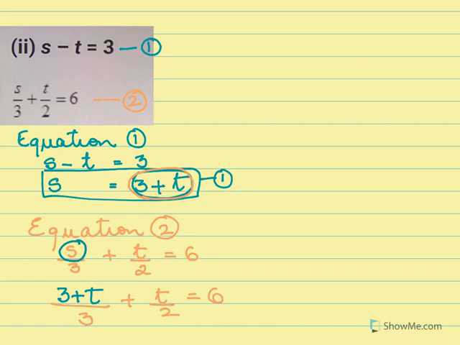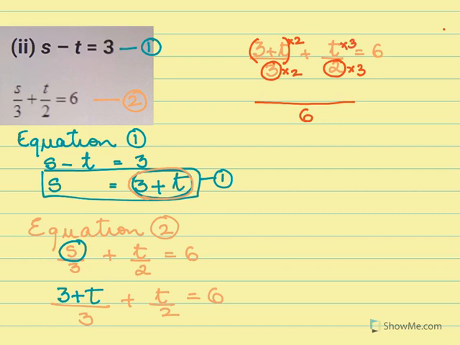Now if you look up here, I must take the LCM. Now to take the LCM, I know there is 3 here and there is 2 here. So my LCM will be 6. 3 into 2 will be 6. Now what is missing here to make 6? So I have to put here into 2. So I've got to put this also into 2. And here is into 3. 2 3s are 6. So here also into 3.